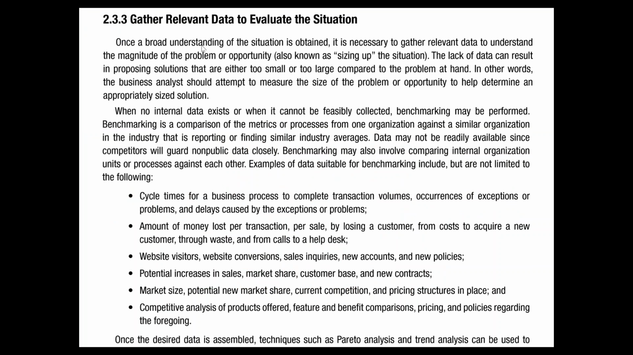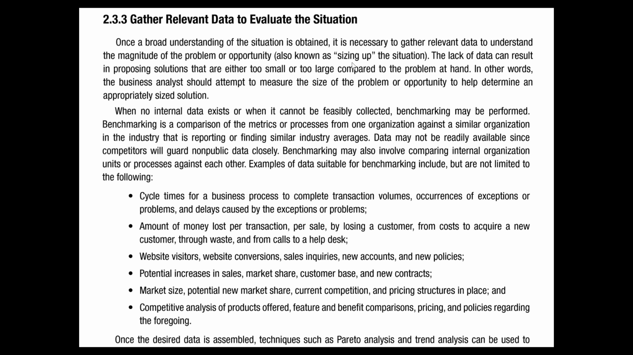So once a broad understanding of the situation is obtained, it is necessary to gather relevant data to understand the magnitude of the problem or opportunity, also known as sizing up the situation. We have used the word situation before. Now we are saying sizing up. We are trying to measure how much good or bad the situation is, and that knowledge is required because we